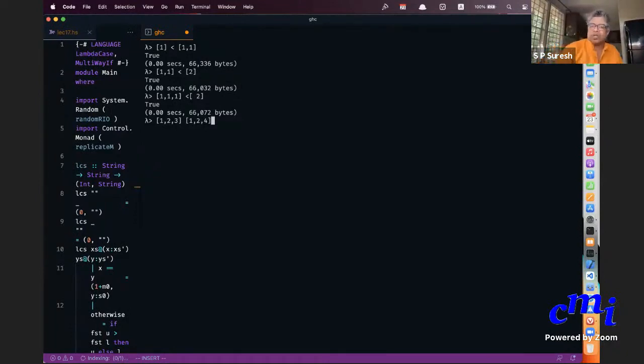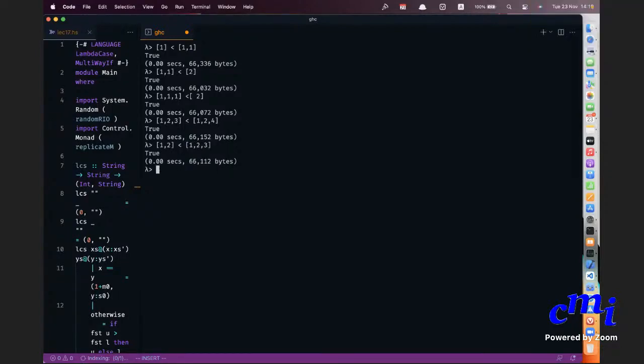There is also another thing here. If one list is a prefix of another, then this list is smaller than that. So if I take 1, 2 and compare it against 1, 2, 3, then 1, 2 is smaller because 1, 2, 3 extends 1, 2.